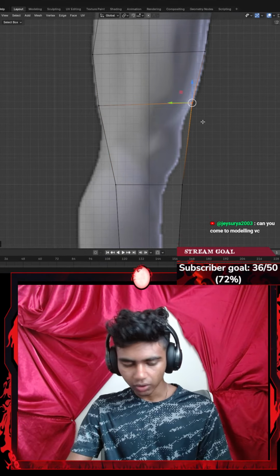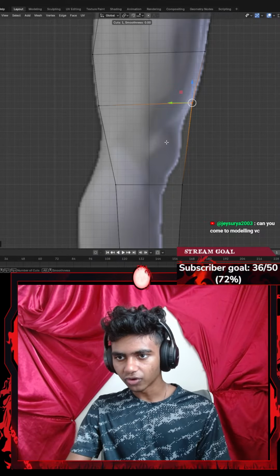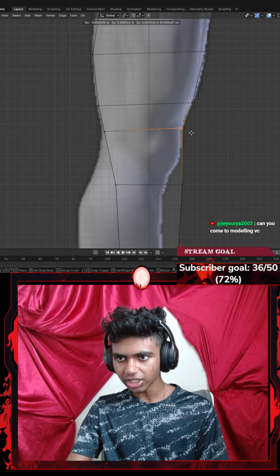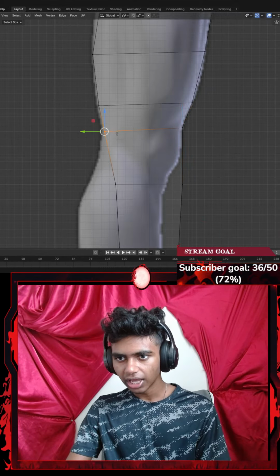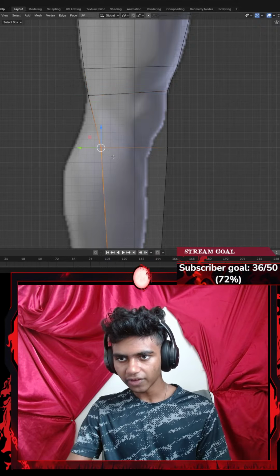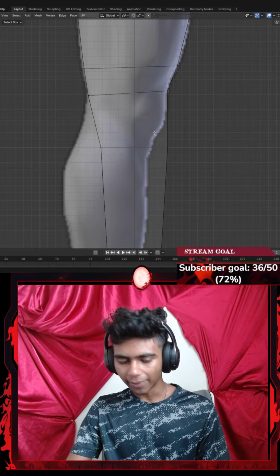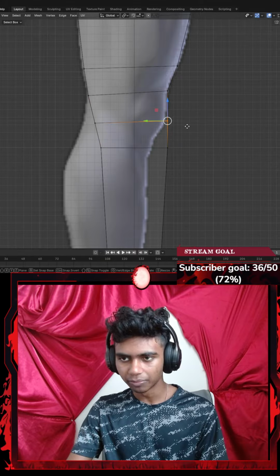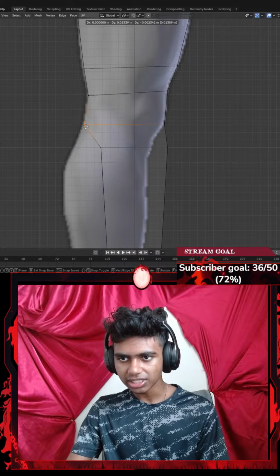Okay, let's go all the way up here. There we go. Okay, now let's go with something like Control R for a loop cut. I'm gonna go ahead and add a loop cut right here. Let's select this part, go with something like G. There we go. And guys, is this actually how the tracing works? Okay, let's go all the way up here. Actually, I might add another loop cut, because I've seen people have a lot of vertices in their actual projects. Okay, let's go ahead and select this as well.